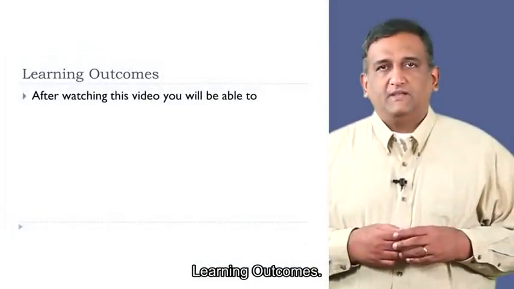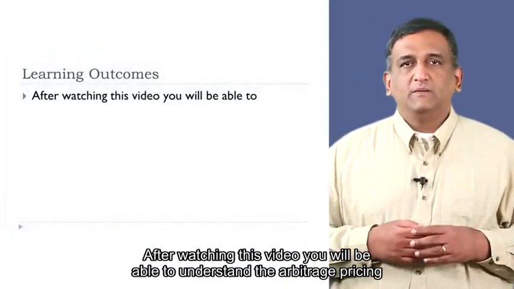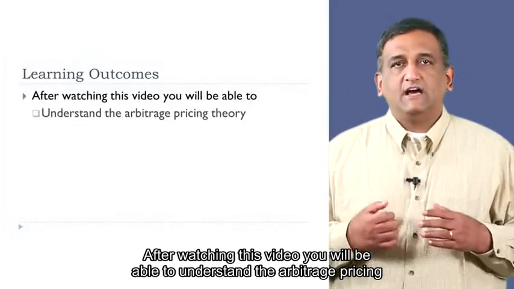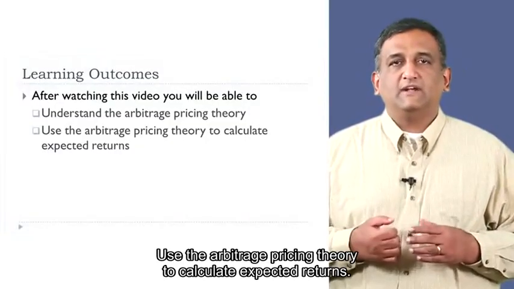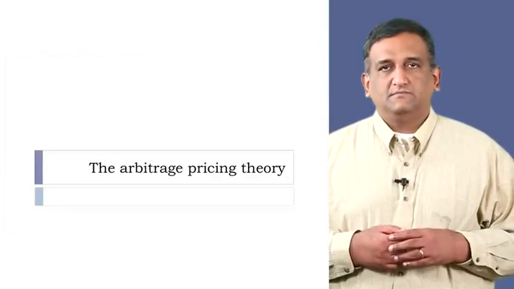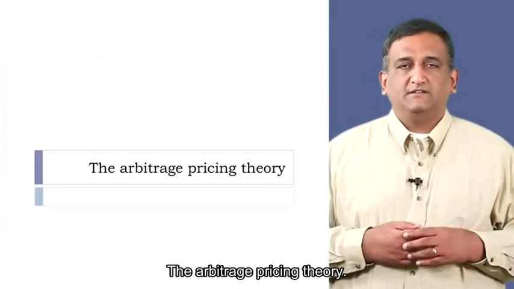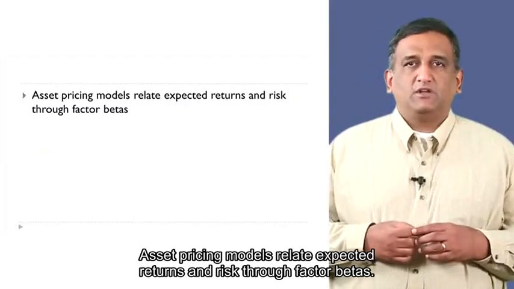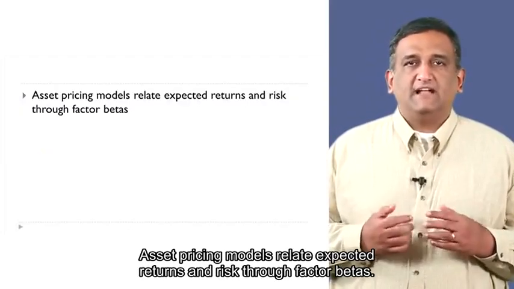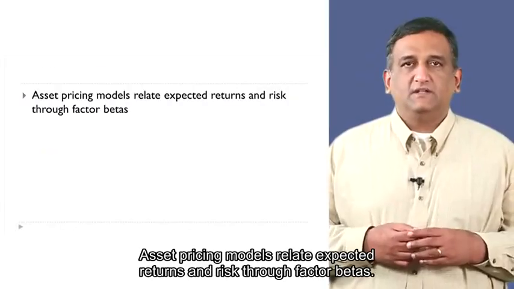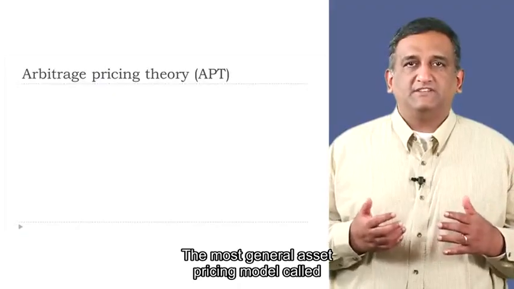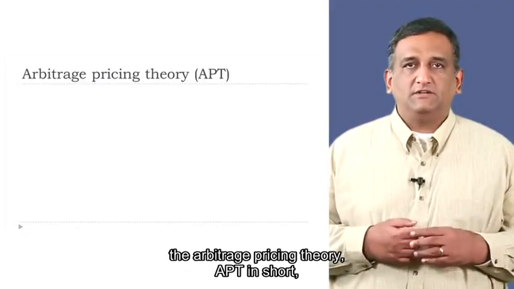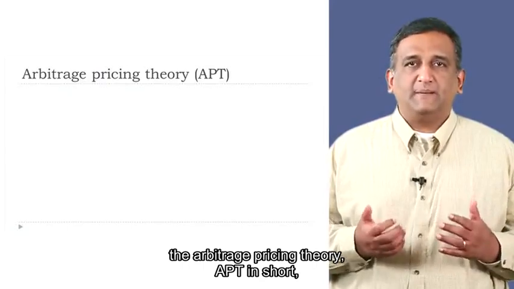Learning outcomes. After watching this video, you will be able to understand the arbitrage pricing theory, and use the arbitrage pricing theory to calculate expected returns. The arbitrage pricing theory. Asset pricing models relate expected returns and risk through factor betas. The most general asset pricing model, called the arbitrage pricing theory, APT in short, posits that the expected return of